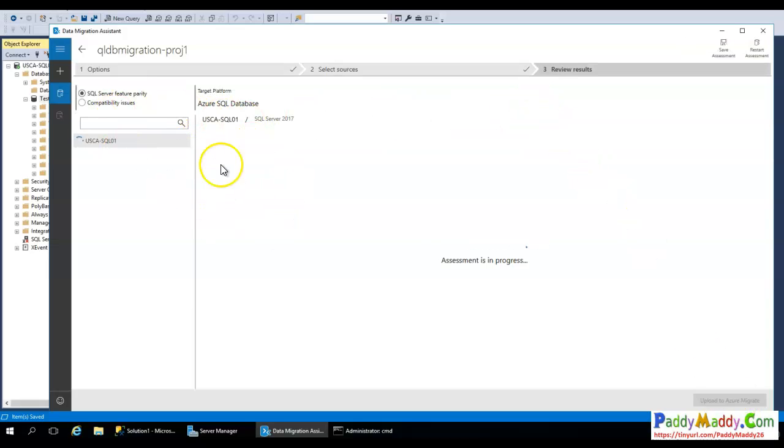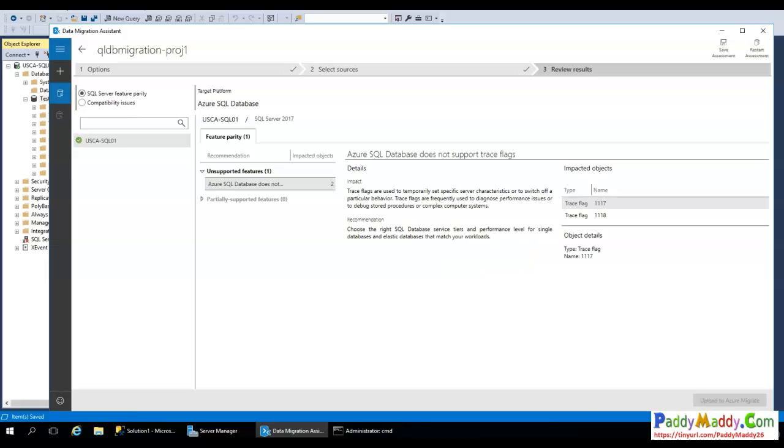It does all that, and if you see here SQL Server feature parity, I would definitely get some kind of warnings or incompatibility because the database is running with a lower version to a higher version. Definitely you can't expect all the features to be available. So I got an error. But if you look at the compatibility issues, I don't have anything because my SQL features are from SQL Server 2017. That's why I got some kind of message that SQL database does not support the trace flags and all that,